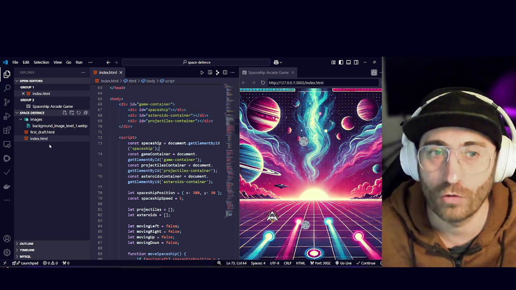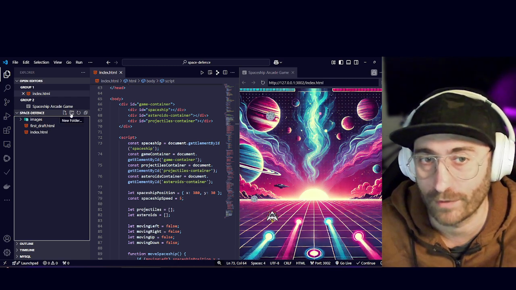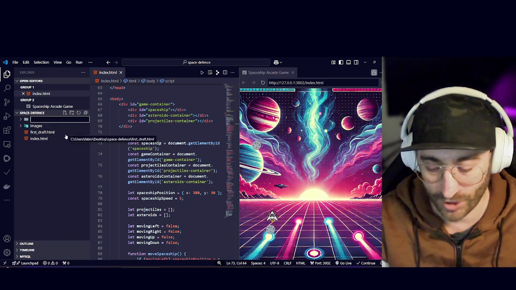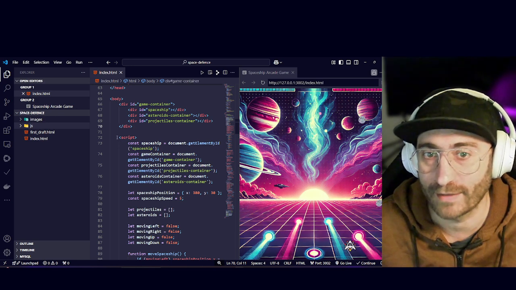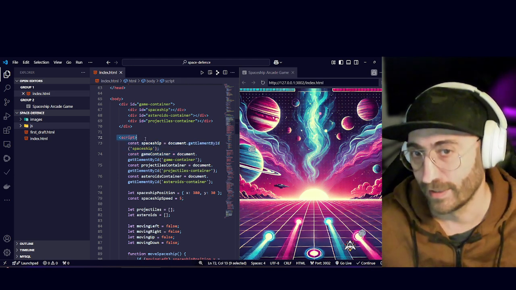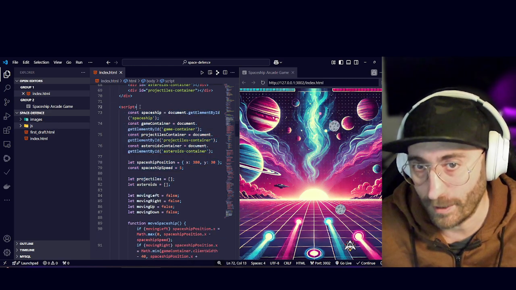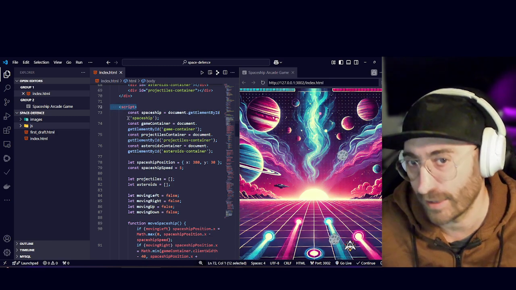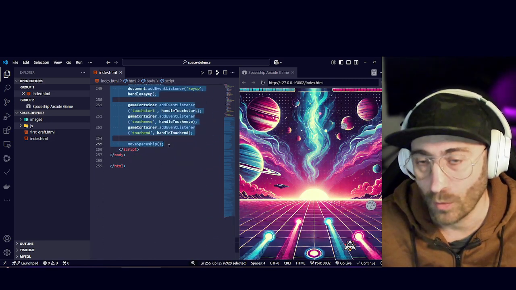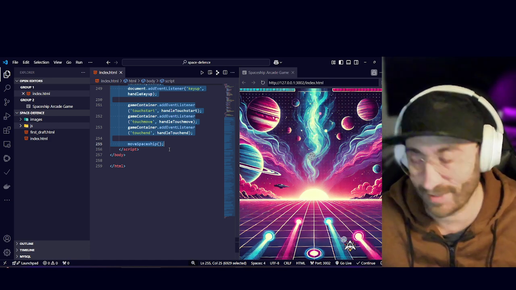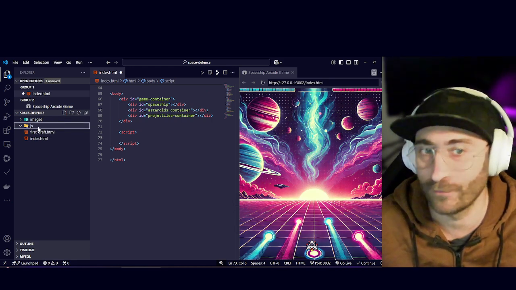All right, so the first thing you want to do is right click on this, new folder, and create a JS folder. Then grab everything you see inside the script tag. So this is a tag in HTML. You can grab everything in here, from the beginning of the tag without including this tag down until the end of the script tag without including the script tag. So you press Ctrl X to cut everything, and then you go inside the folder JS